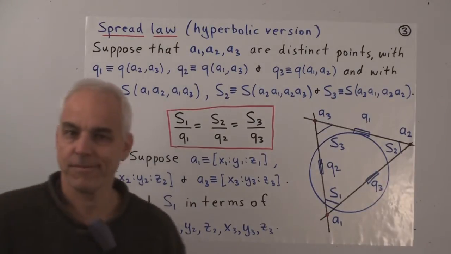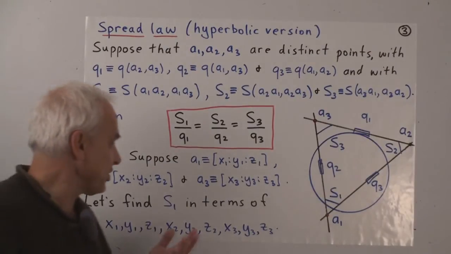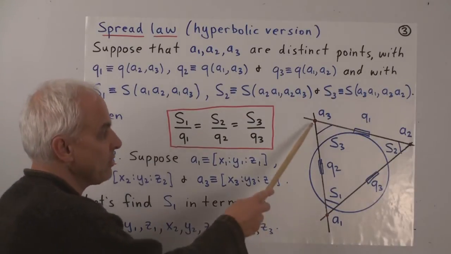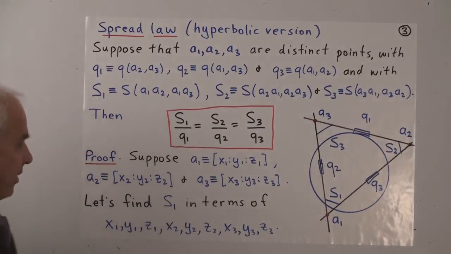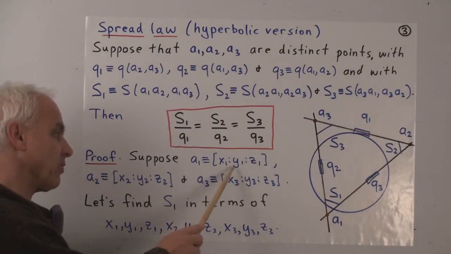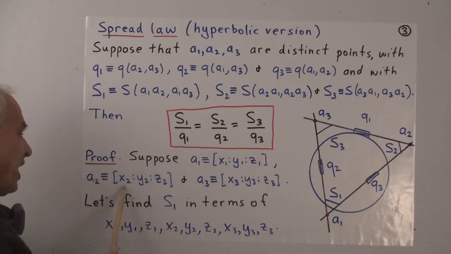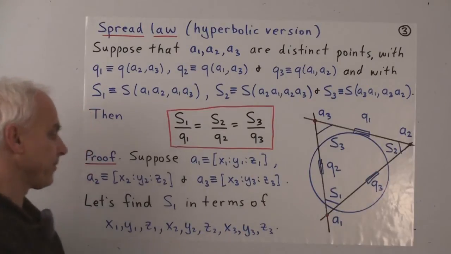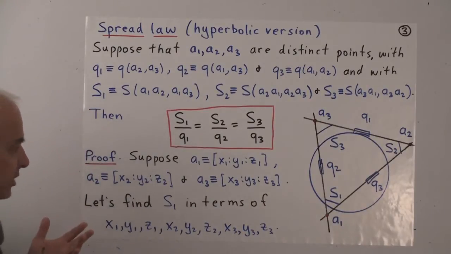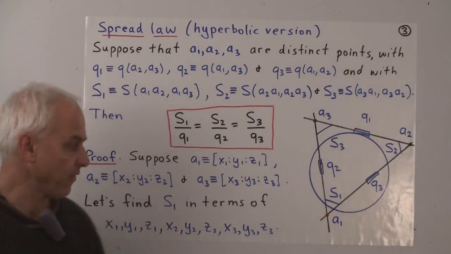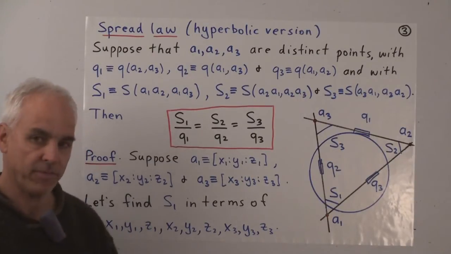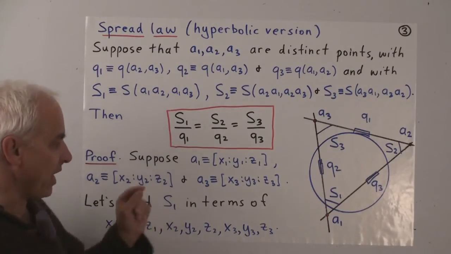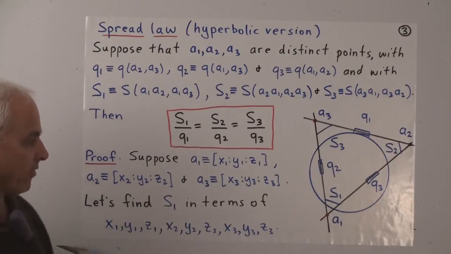Okay, so we are going to prove this. And we're going to at least proceed in a naive way. We're going to start by first assigning values to the points A1, A2, A3, so we have something to work with. So we'll suppose that A1 is the proportion x1 to y1 to z1, A2 is the proportion x2 to y2 to z2, and A3 is the proportion x3 to y3 to z3. So our strategy is to calculate things in terms of these 9 numbers. So we're supposing that these numbers are actually known to us. Okay? And we're going to try to find, first of all, S1, let's say, in terms of these numbers.